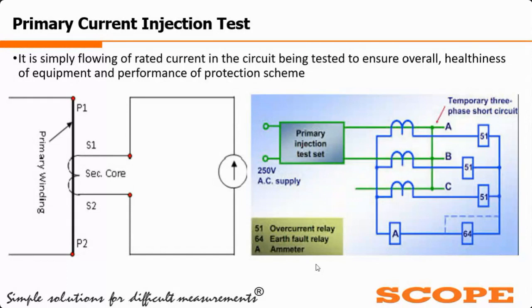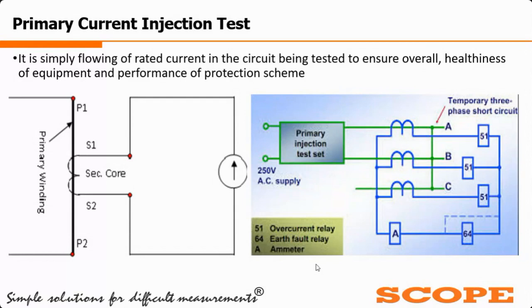So for that 1000 ampere we are injecting, in the second image on the right side you can see the primary injection test set is connected to the CT primary side, and another CT secondary is connected directly to the relays. Here we have to give a single phase AC supply, that is 230 or 250 volt, to the test instrument, and the primary injection test set